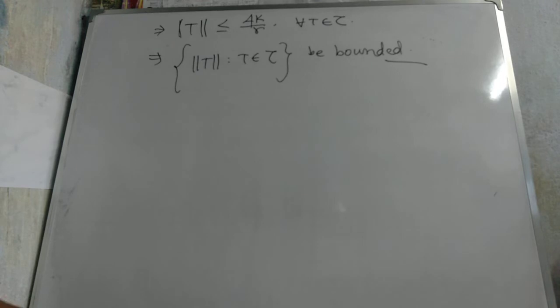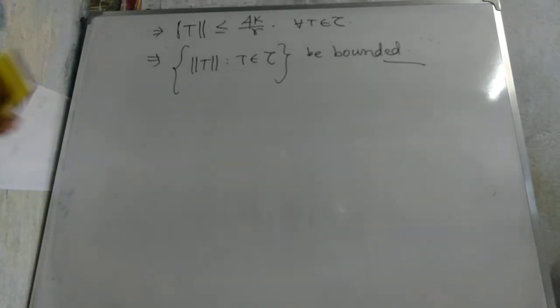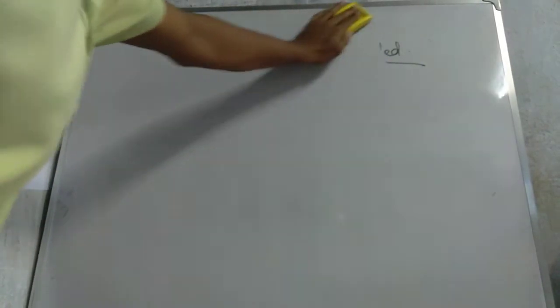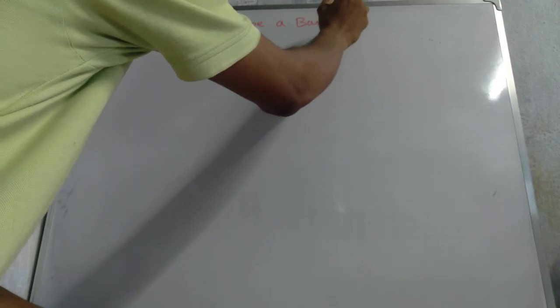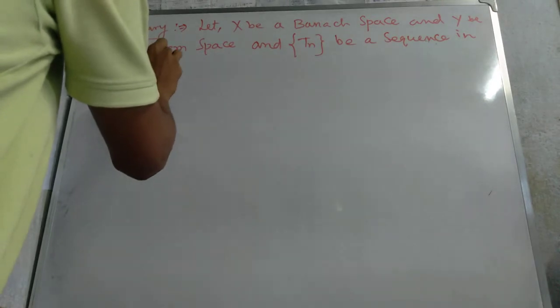And next we go to one important corollary of the uniform boundedness principle. We start the statement of this corollary. We write the statement of the corollary of the uniform boundedness principle. Let X be a Banach space and Y be a normed space, and Tn be a sequence in B(X,Y),